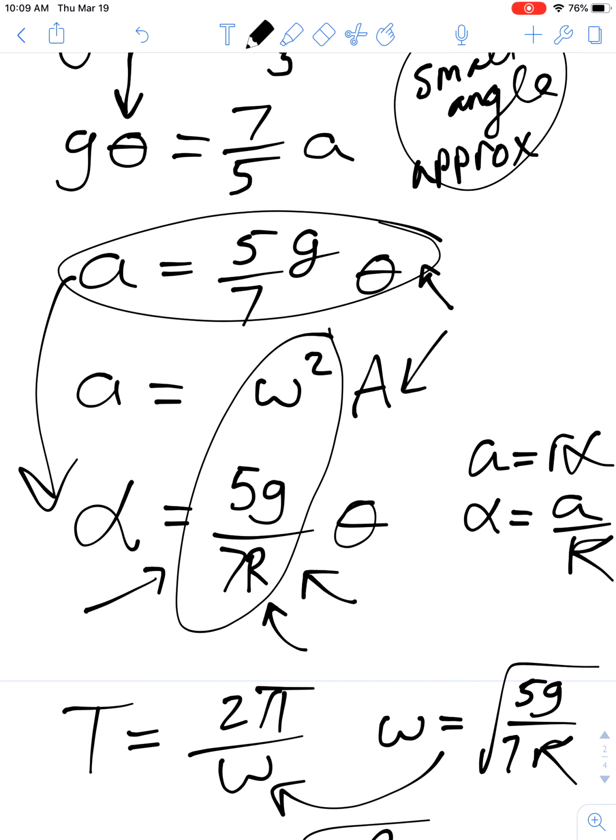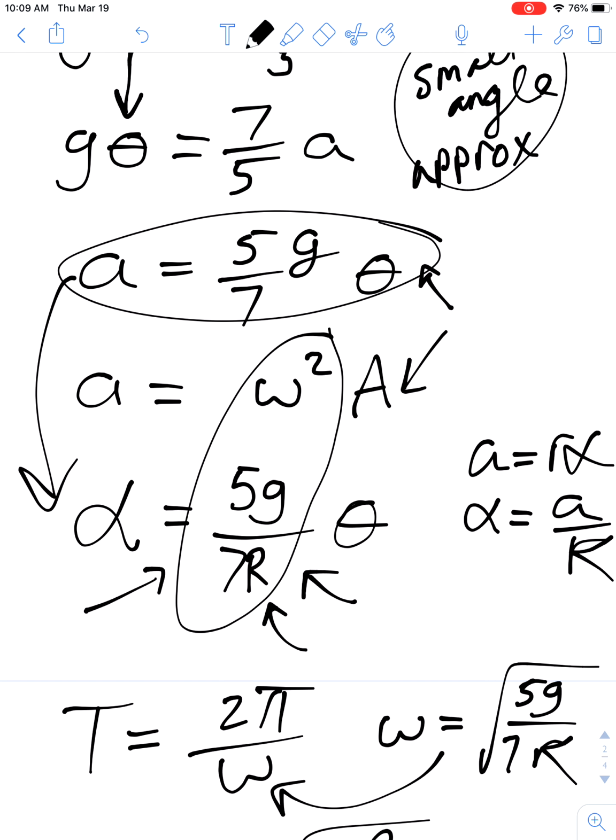Remember, we can't easily do that in the case of a pendulum, because the acceleration of that pendulum is changing, right? If we have acceleration and we want time, we can use kinematics, true if the acceleration's constant, which it's not here. So this is why it's so critical that you draw this comparison between omega squared and